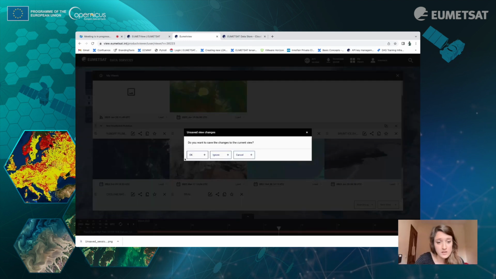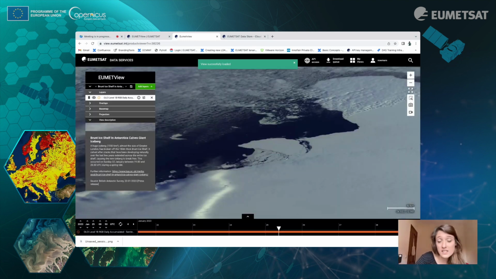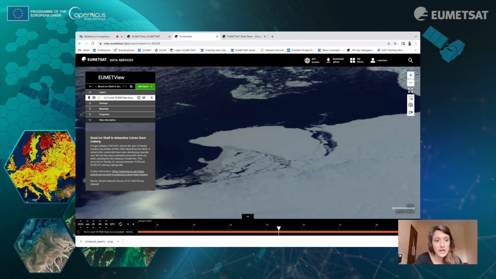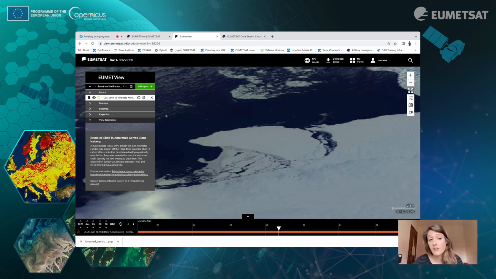This is also from Copernicus data. So here we have the Brunt ice shelf in Antarctica. You can see it's really, really feasible, and you also can write some description here. And this is the best thing, because in the end of the day, you can create this really, really simply and share it to anybody that is not confident with working with data, and they will directly see the image. It's really comfortable, and again, you will be able to download it really simply.